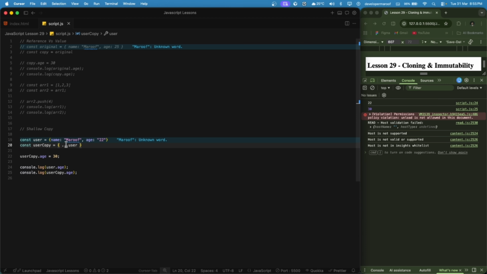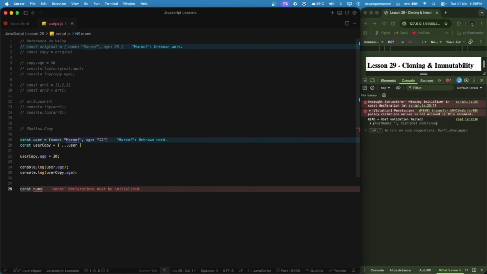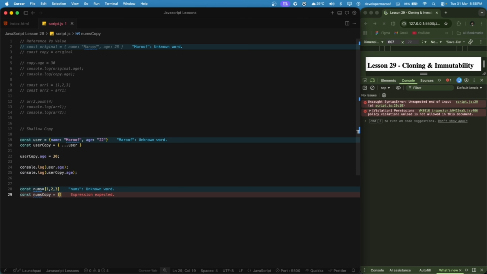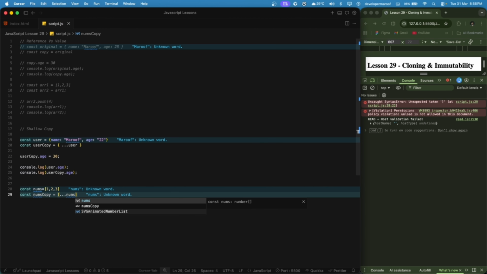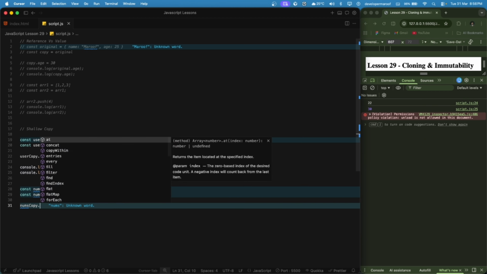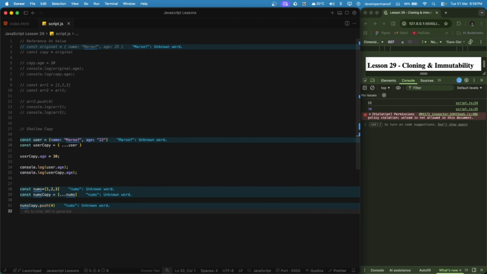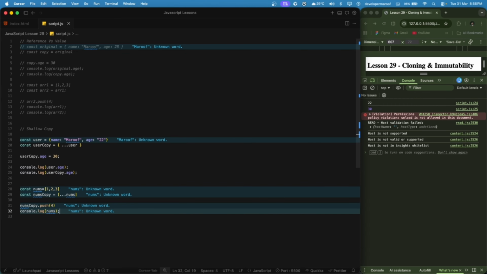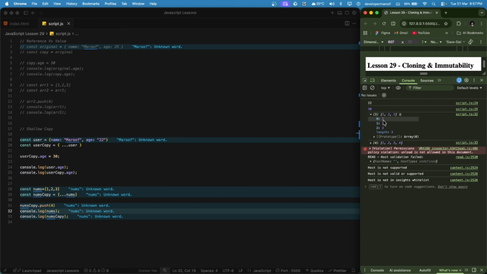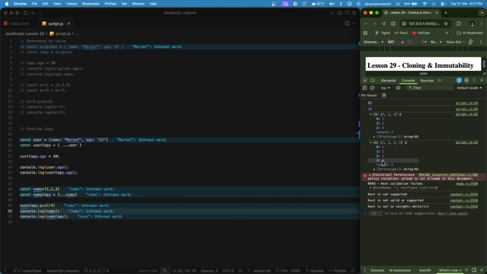This spread operator also works with arrays. Let me show you that. Let's say const nums equals 1, 2, 3, and let's create numsCopy equals an array with the spread operator and nums. Now let's push a number: numsCopy.push(4). If we see our logs, nums and numsCopy, you will see the spread operator works for arrays too. The original remains the same, and the copy has 4 added to it because we pushed 4